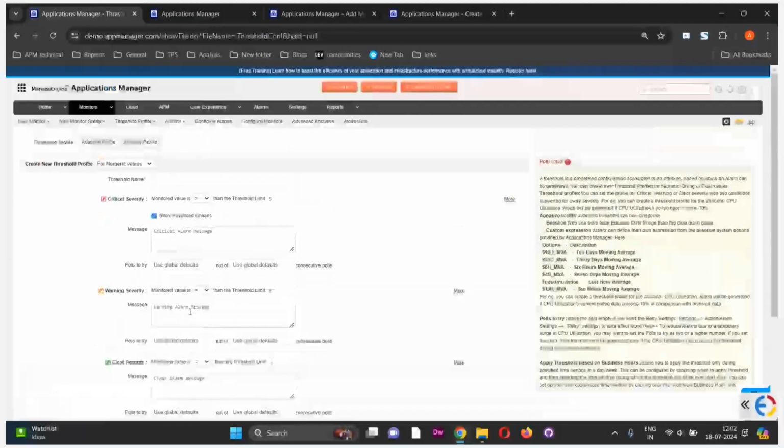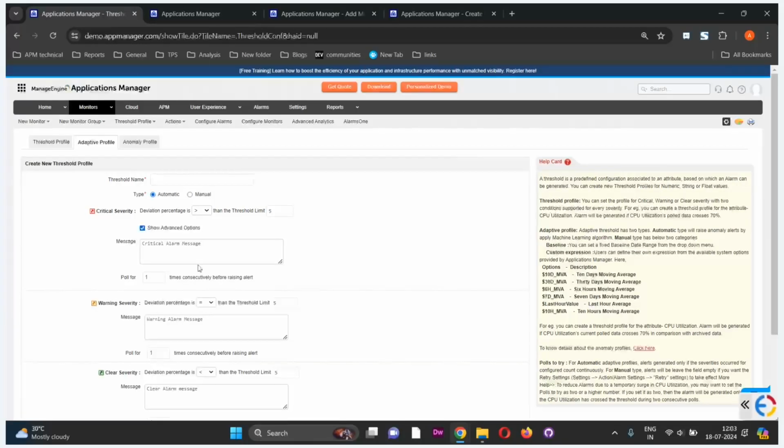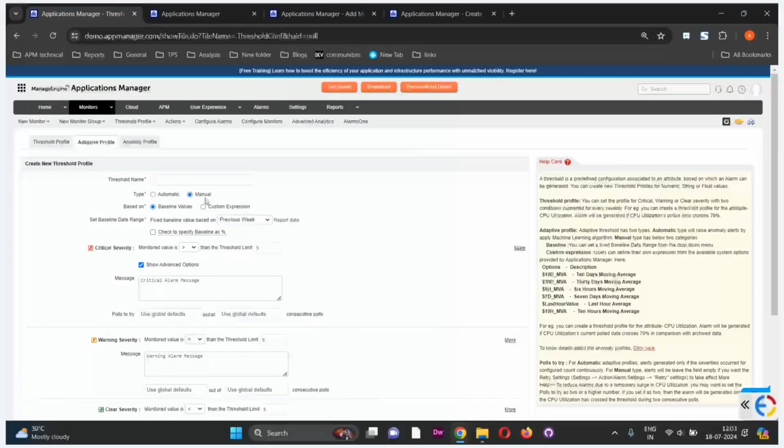After creating this threshold profile, you need to associate it with the metrics. Under adaptive threshold profile, you can automatically say if the percentage deviation is lesser than or equal to or greater than a certain value, it will start generating an alert or it will start triggering an automated reaction to the alert. So this is the automatic type, and under manual type, you can choose it on baseline values or custom